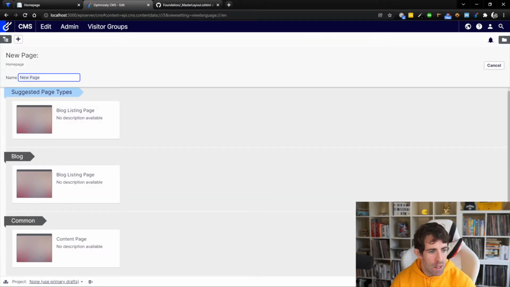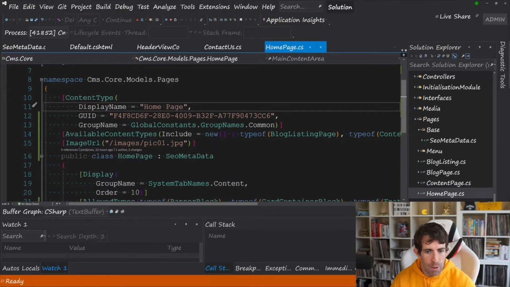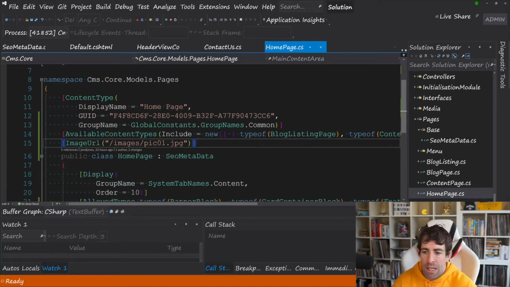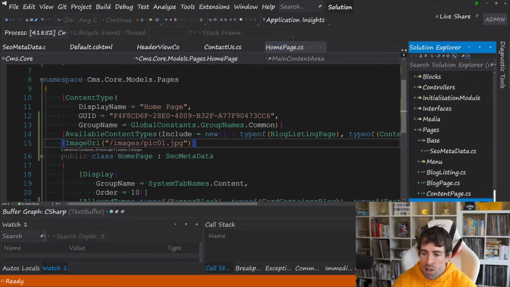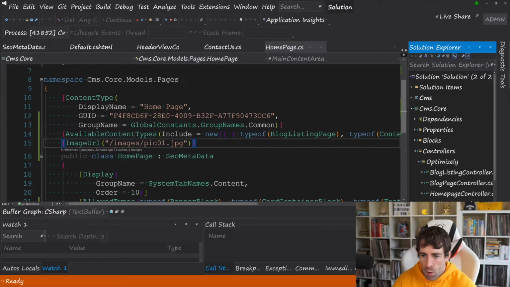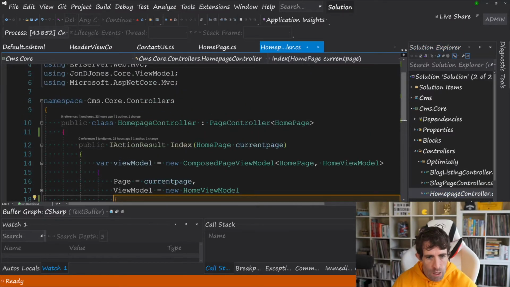Now, when we're creating our home page, we can also create pages underneath it. And as you can see underneath here, we've got our blog listing page and our content page. And again, this models down to what I've allowed here. So we've got this available content type, and from here, I'm allowing the blog listing page and content page. So we can drill down into this in a little bit more detail later. The important thing is that when we create these page types in code, we're also going to have a controller. So within our CMS core project here, I've got a home page controller. Home page controller inherits from a page controller. It uses generics, so you pass in the type T,